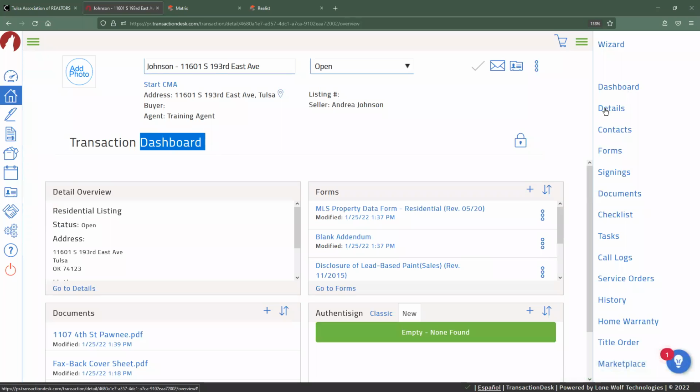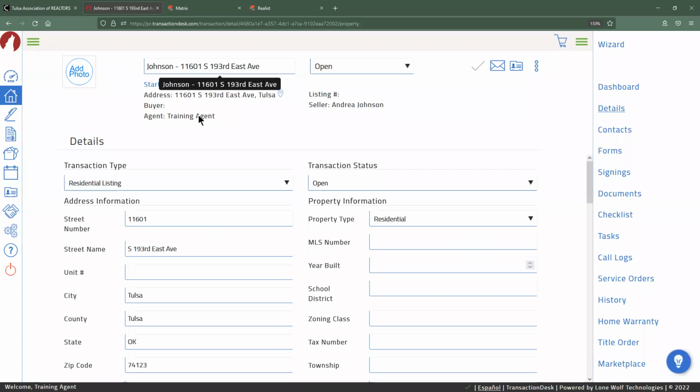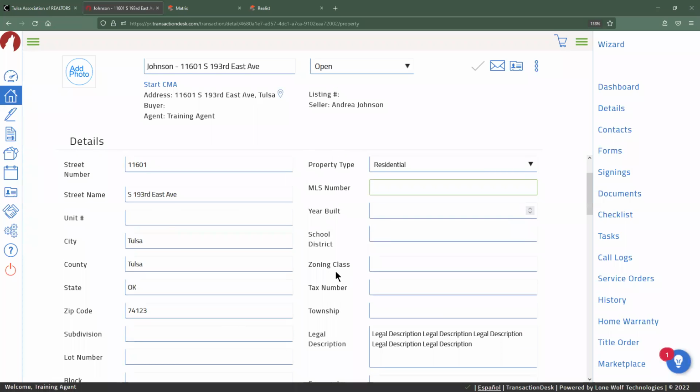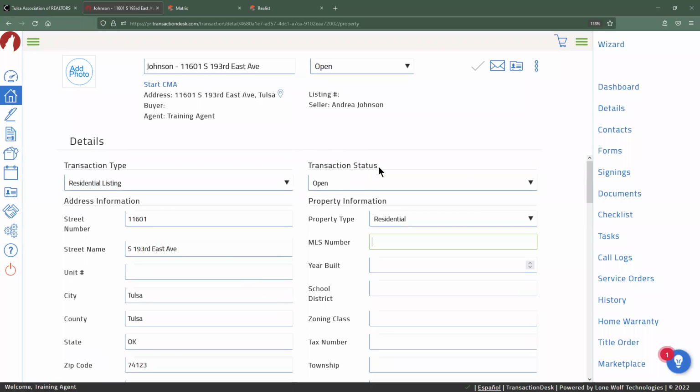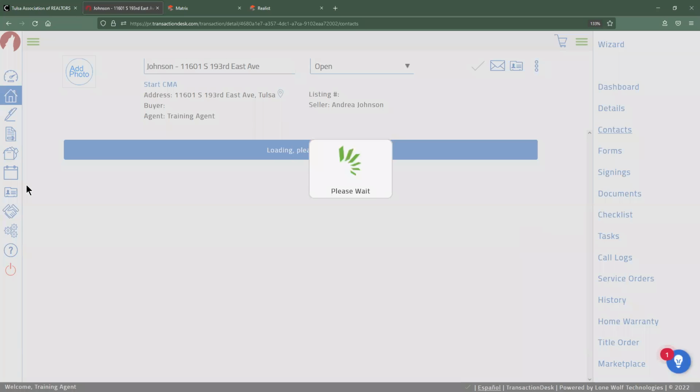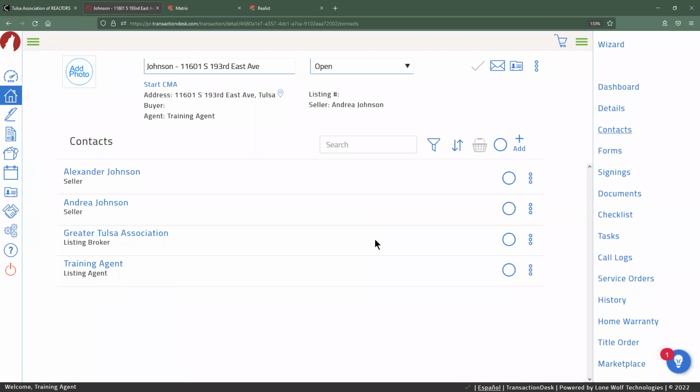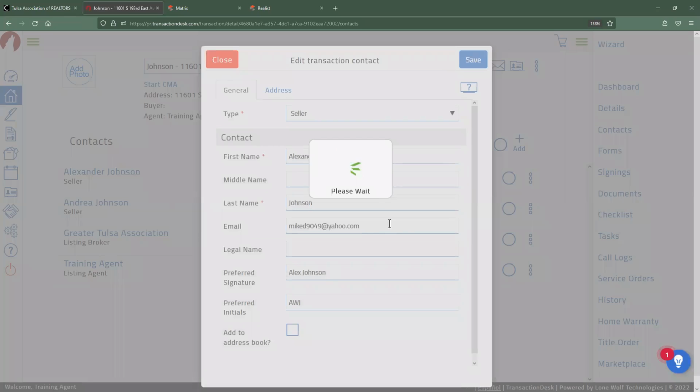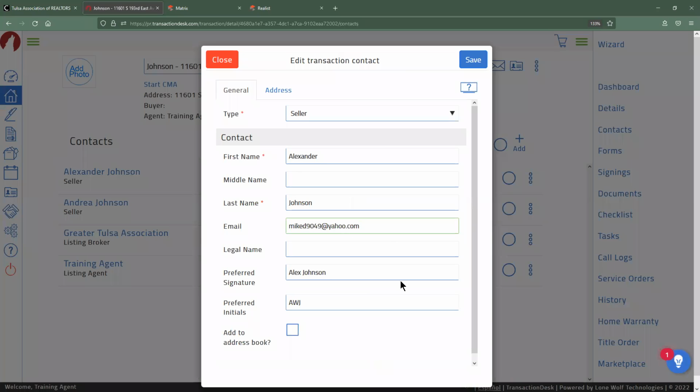Then we can go back into any of the details, just in case maybe we put in the address wrong, or we finally got an MLS number put in, or maybe there were some details that we still needed to go back and grab. So all of that information can be fixed under the Details tab. The same way that we can go back to our contacts. And again, as I mentioned before, the most common phone call that we end up getting is people asking why it is that their seller doesn't have the email address. We always have to direct them over here to the right under Contacts, and then click on the name of the individual and get the details that we're missing added in.